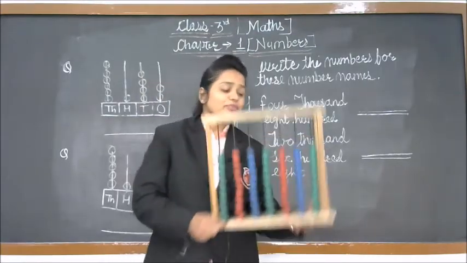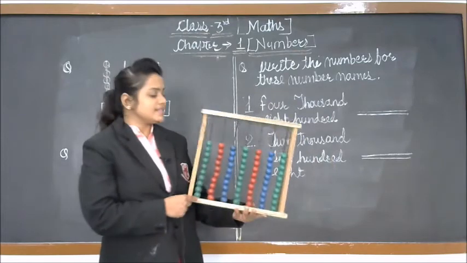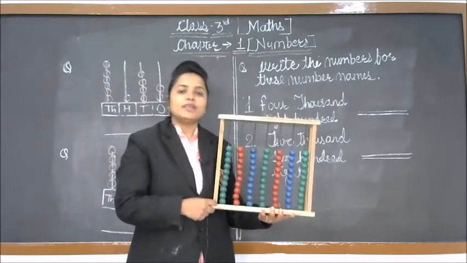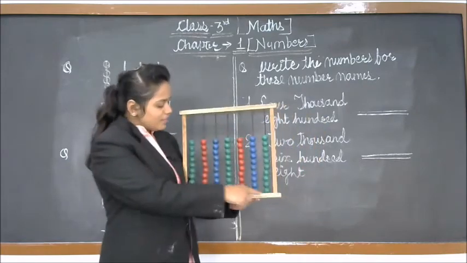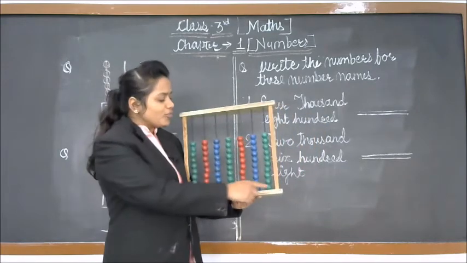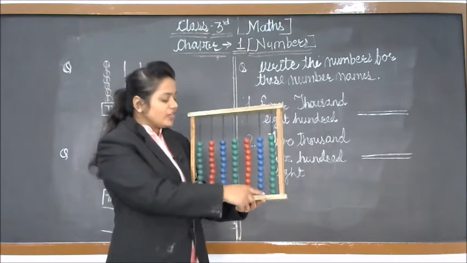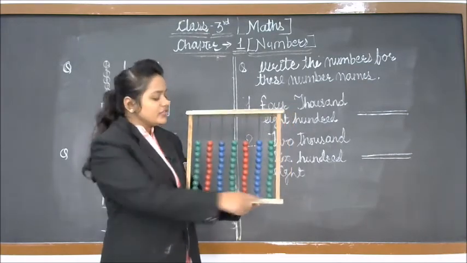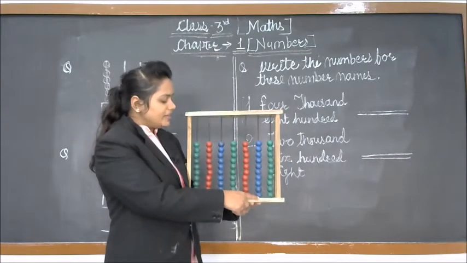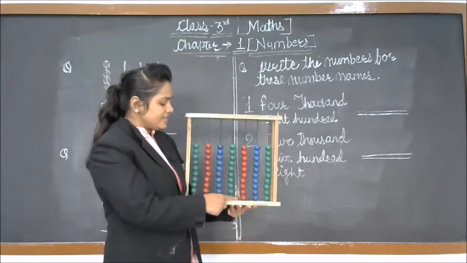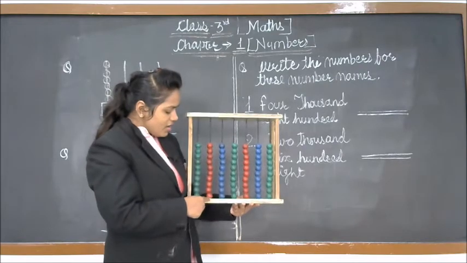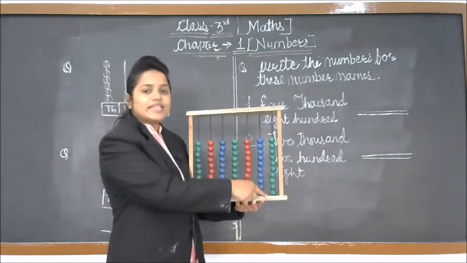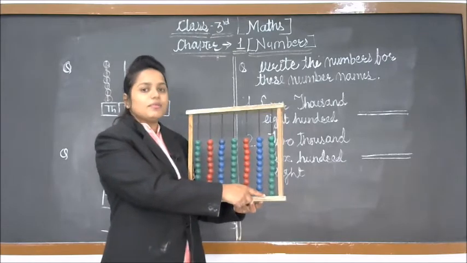So students, can you please tell me what this is? This is a spike abacus. We already saw this spike abacus in our pre-primary classes. In this spike abacus we have small rings. With these rings we can count the numbers and identify the numbers. So these are the ones place value, tens place value, hundreds, thousands, 10,000, 1 lakh and 10 lakh values. With this we can count the beads and identify the number values.